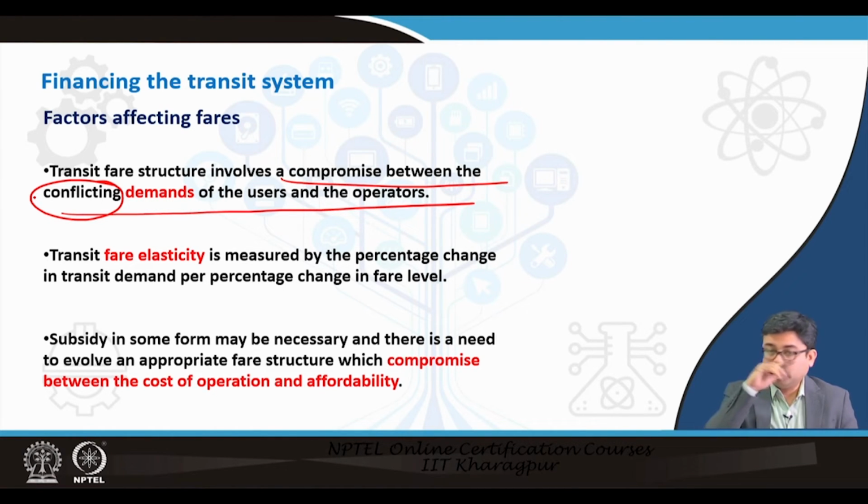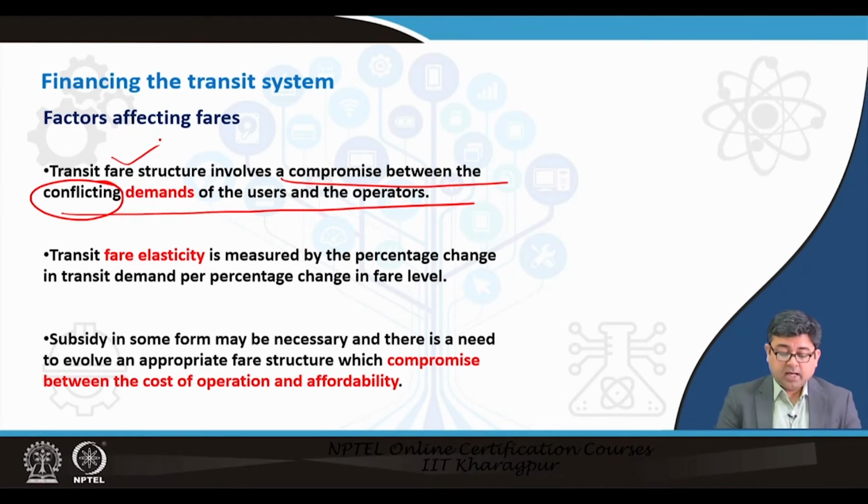So, in order for them to grow and buy new buses or add new trains or add new metro rail or whatever it is, they have to always have some surplus earning which they can then invest in purchasing newer vehicles, newer buses, newer metro rail. So, they always have to charge a fare, whereas the public always wants to keep the fare low. So, how do we come to a compromise? That is, the transit fare structure always has to reach that